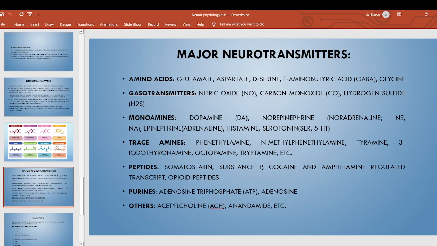So coming to the major chemical categories of neurotransmitters, we can see that there are a large number of neurotransmitters. These neurotransmitters belong to different categories, for example, one is amino acid, another is gasotransmitter, another is monoamines, trace amines, peptides, purines and other categories. So there are about 7 different categories of neurotransmitters, and we can also see that